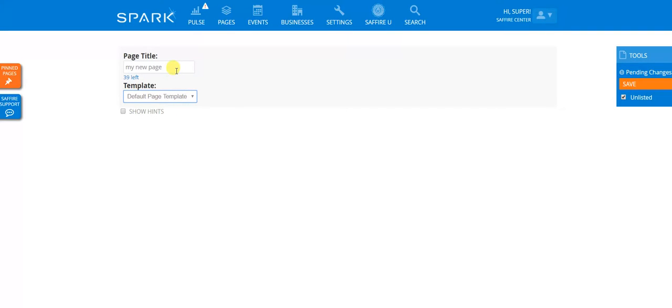We've named our page. Now if you look over on the right-hand side, it says Pending Changes underneath the Tools box here and a blinking exclamation mark, plus an orange Save button. Anytime you see the blinky and the orange button, that means you need to save the page in order to move on. And in this case, it's a brand new page, and all new pages are automatically checkmarked as unlisted on the site. So I'll save the page,